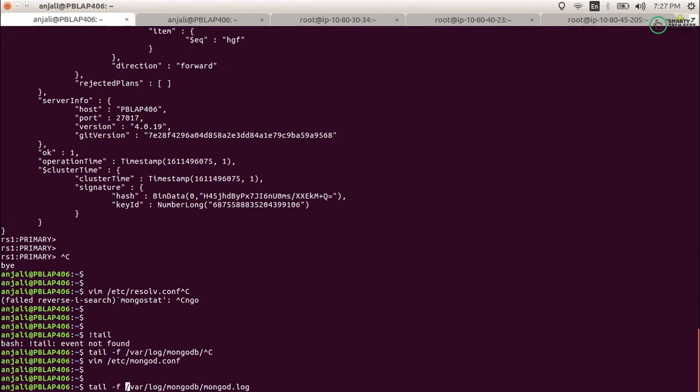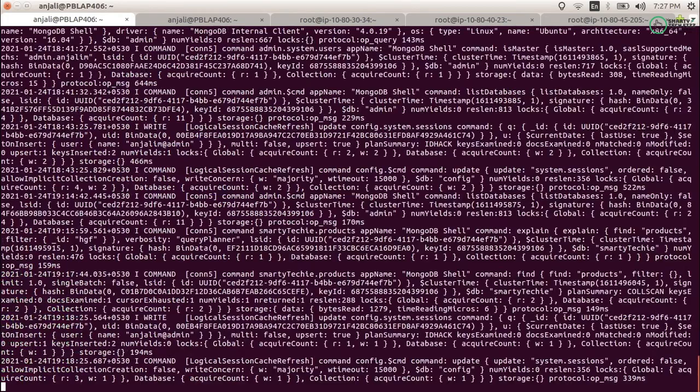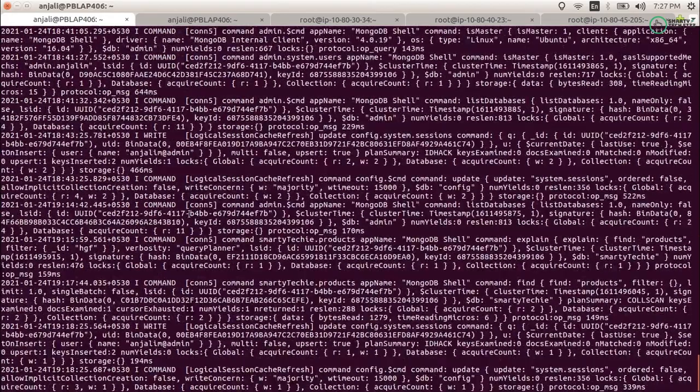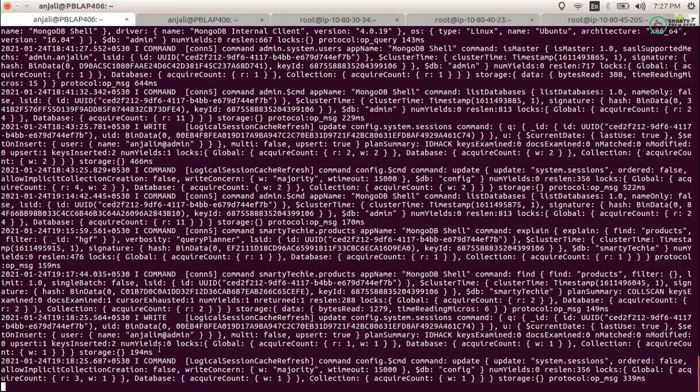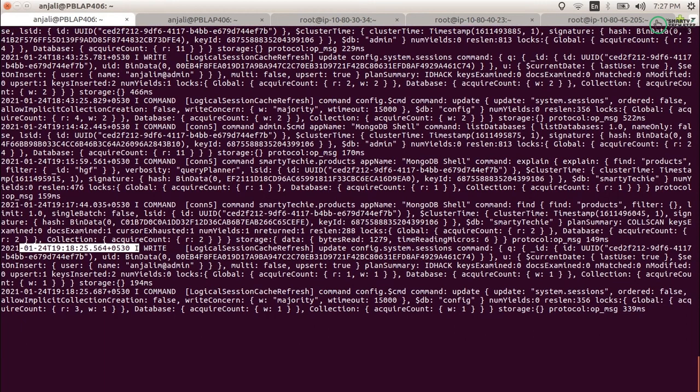There are many servers on which your application may be running. So you can see this is the log file, and in this log file you can see the timing your queries are taking. You can see this is 194 ms, this is 159 ms. You can see the timing as well, at what time these queries were running. If this is a production system, then your log files will be returning something, and in that case you have to check what slow queries are currently running.